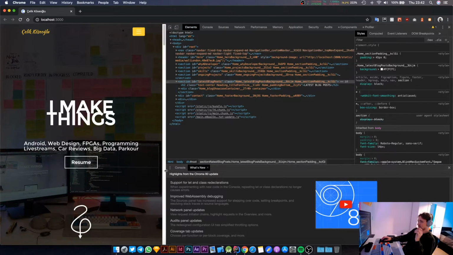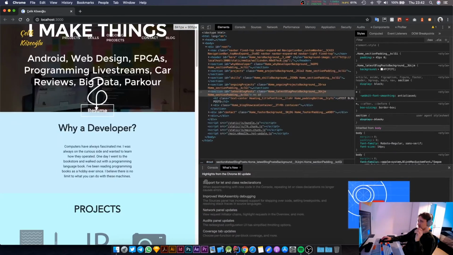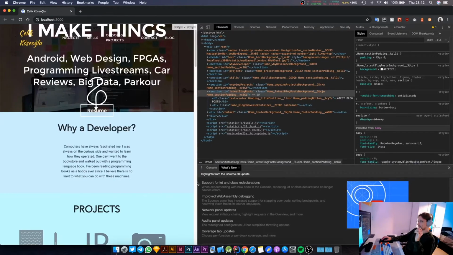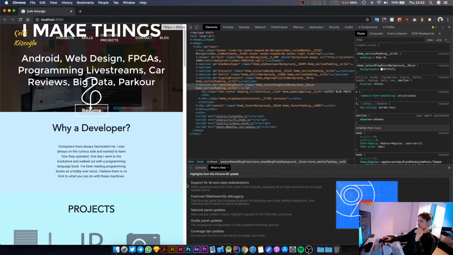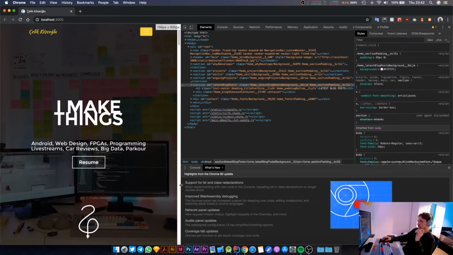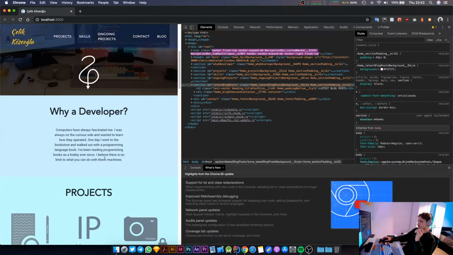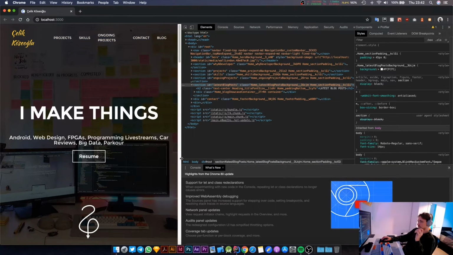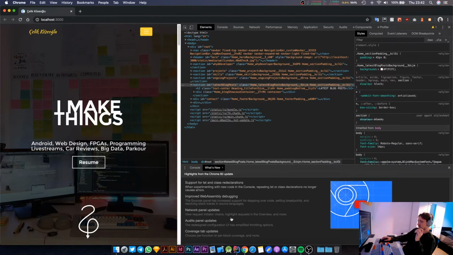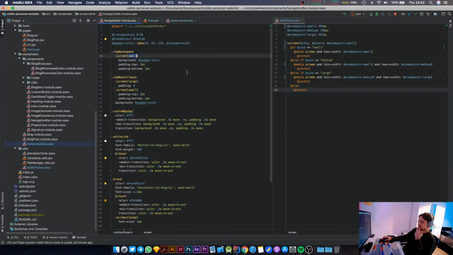Well, yeah, it's kind of broken. So it should have a blue bar when it's here. So instead of this being small, I think, oh,